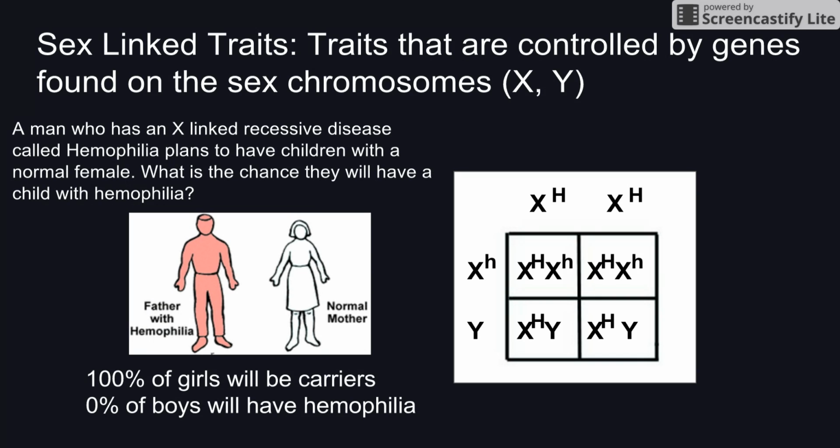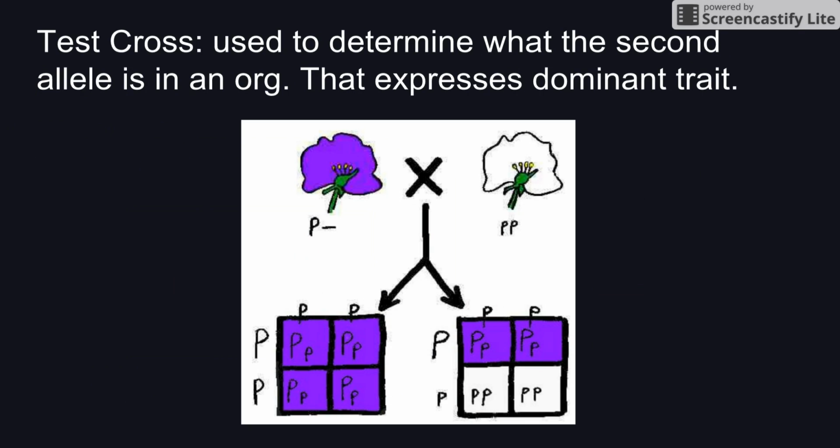So when I look at the inside of that Punnett square, I see that the offspring that are XX, so those are the females, are both carriers. So 100% of the girls will be carriers. And then the boys who are XY have a dominant allele, so they are perfectly fine. They are normal. They're not carriers. They don't have hemophilia. They're 100% normal. Okay, last thing here. So